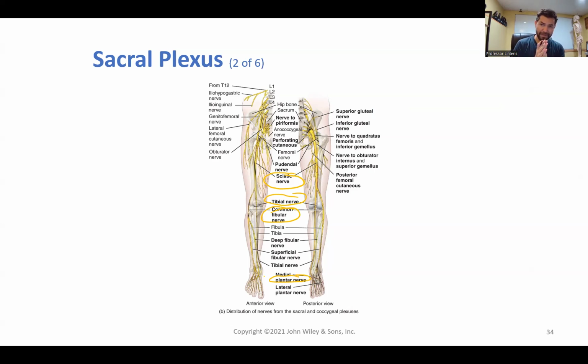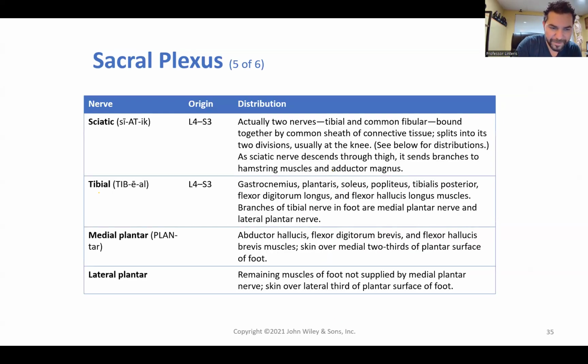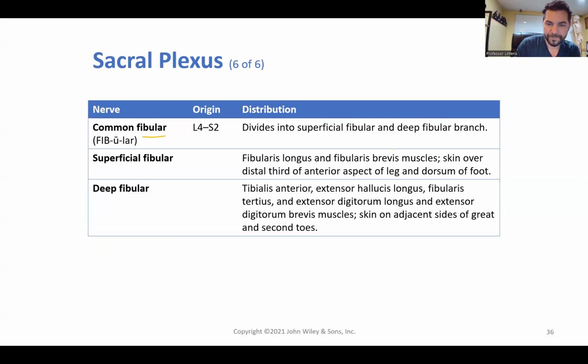Tibial is going to be more towards the medial side, innervating like the calf muscle and things like that we could see right here. Gastrocnemius. The sciatic branches off into those two, which we talked about, right? Usually talking about hamstrings. And our fibulars are going to innervate fibularis muscles, right? The ones by the fibula, right? Everters, things like that. And then there's further branches that go down into the foot,